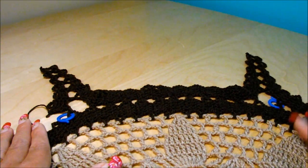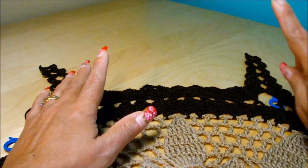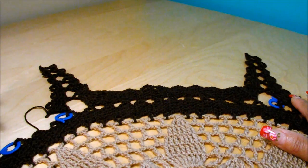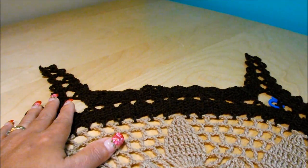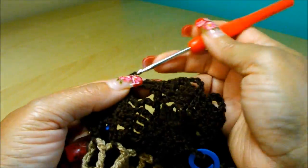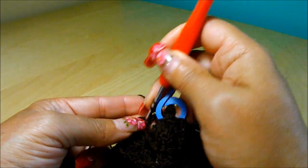The only difference from this and the other one is the straps here on the top, and for this one we only need 1 piece. So working these 2, I'm going to show you how to do 2 in that space, and you will do exactly the same for each loop, only in the marker you do 2. With my first loop and the first marker here, chain 2, do my workaround, 4 double crochet,